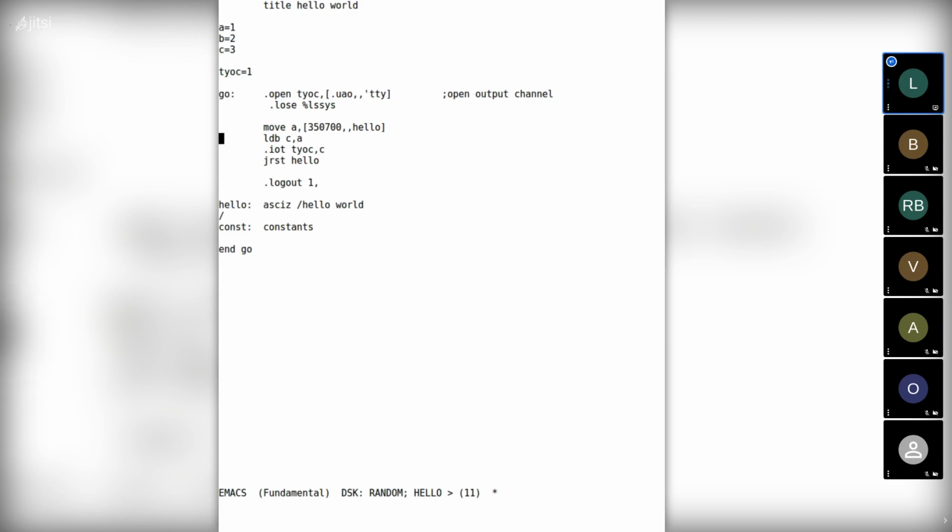So we're going to loop back to the load byte instruction. And we now need to load several characters in succession, right? So we use the increment and load byte instruction, ILDB. So that does the increment of the byte pointer first.